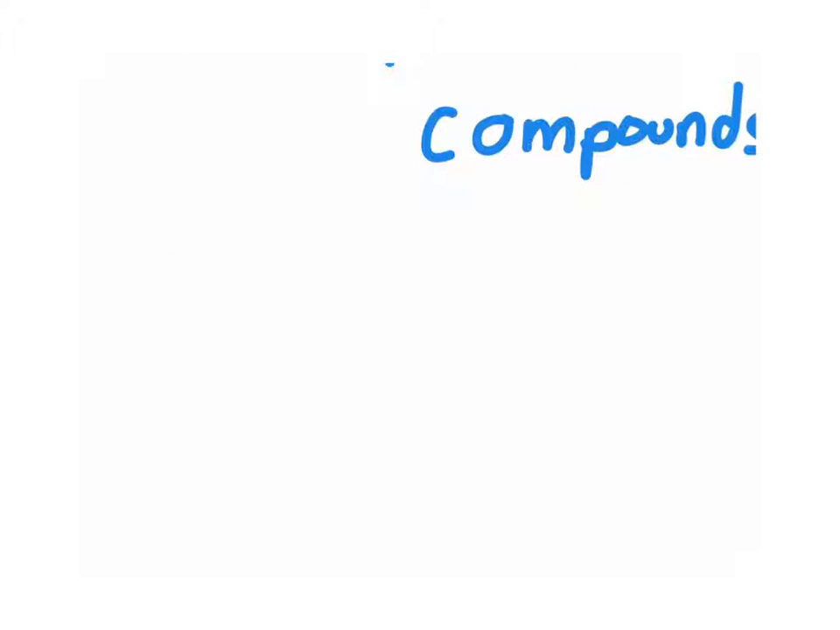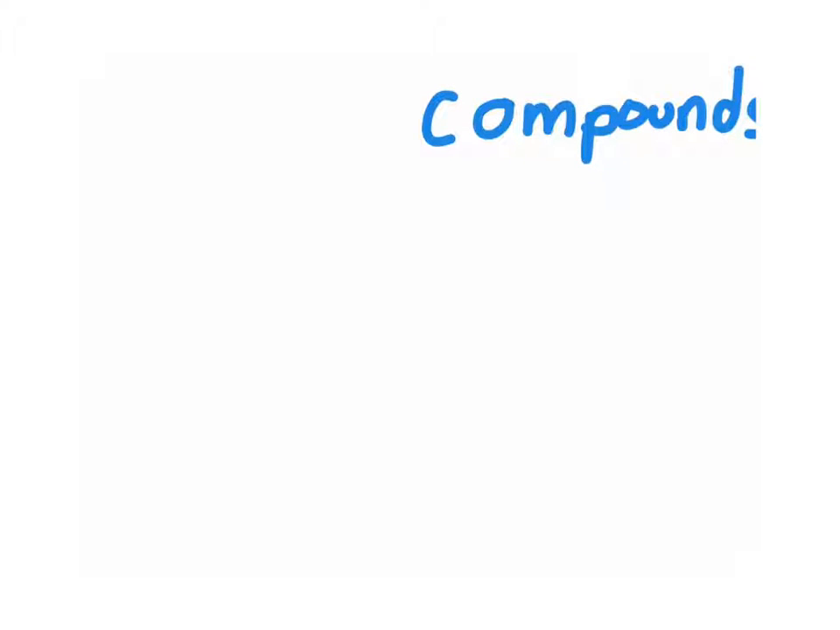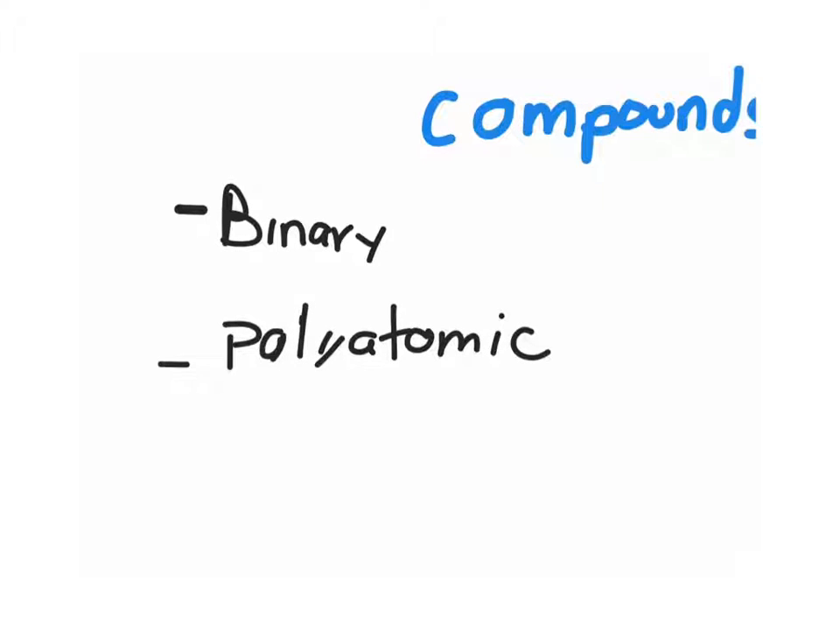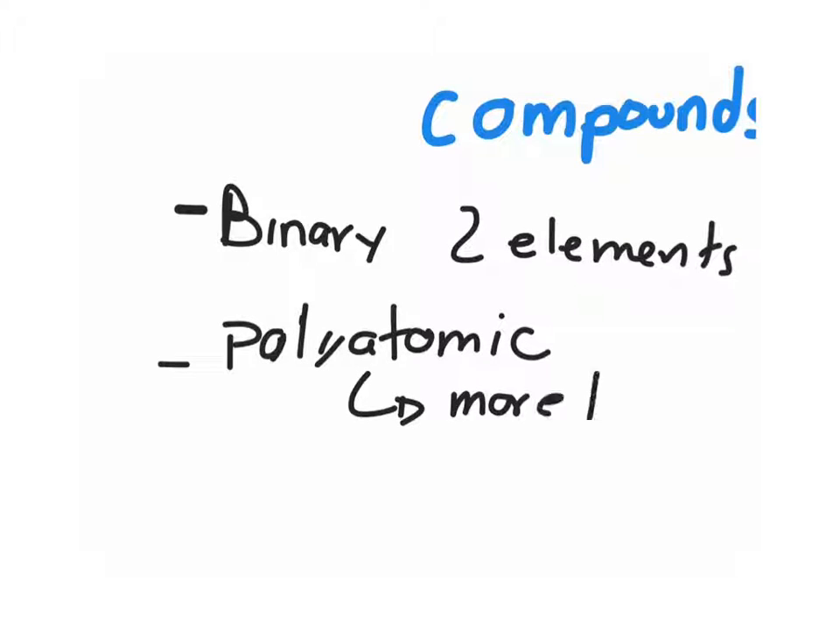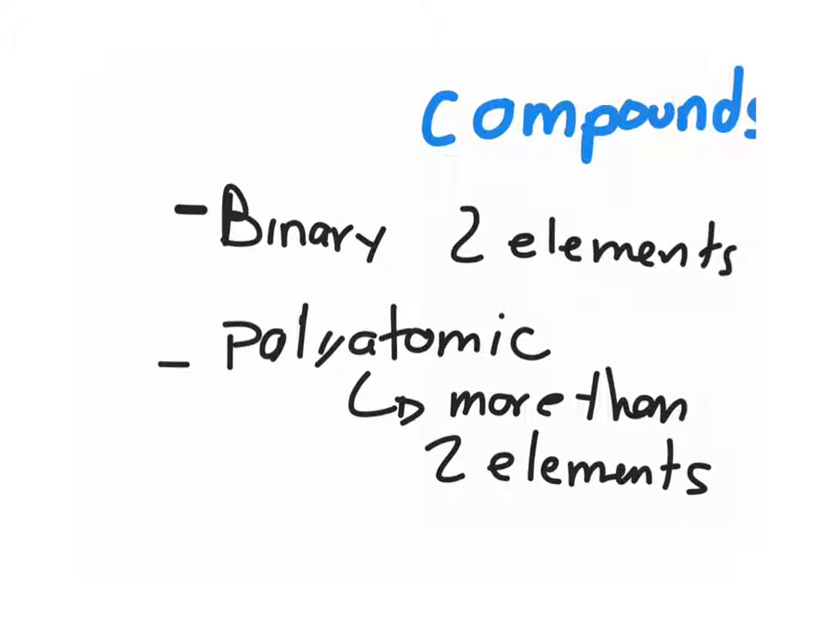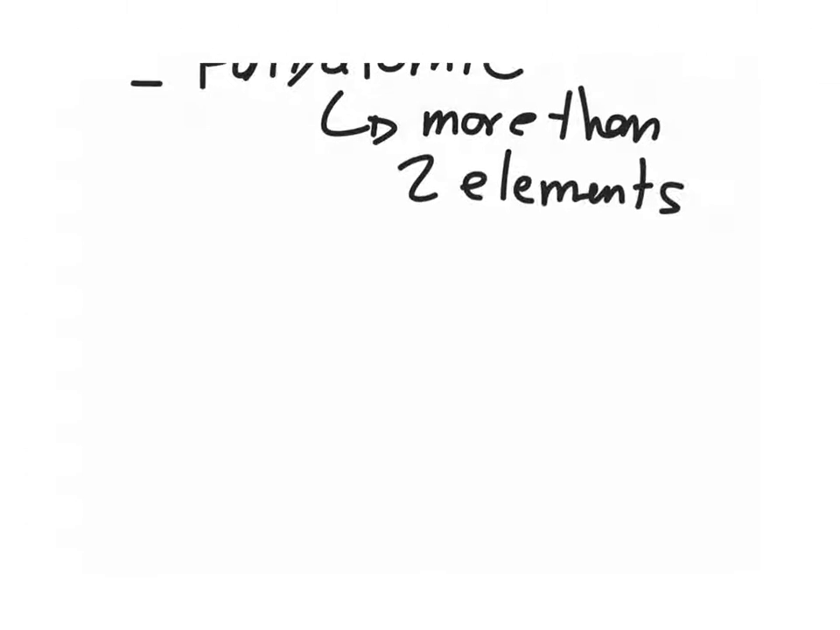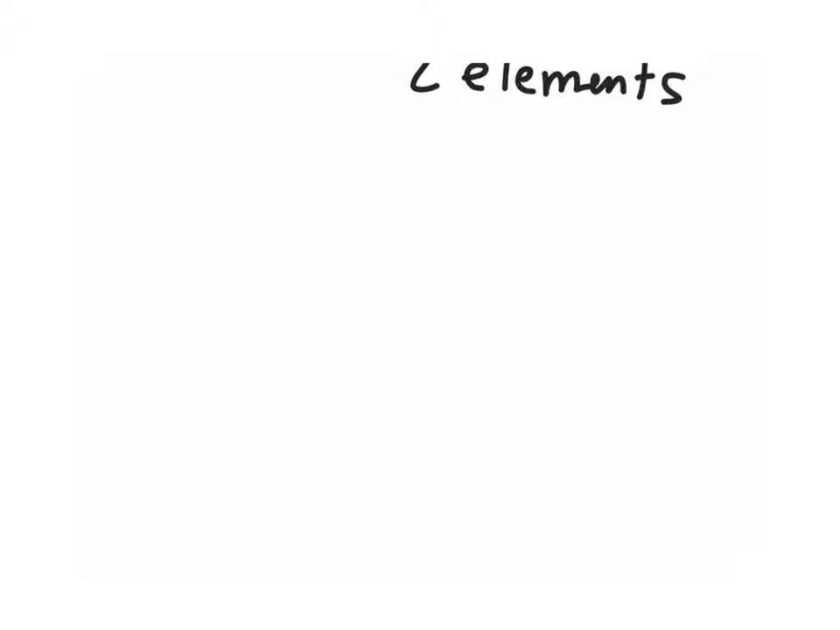First of all, I have to tell you what kind of ionic compounds we have. We have the ones called binary ionic compounds, and we have the polyatomic ionic compounds. Binary compounds are made of two elements, and the polyatomic ones have more than two elements. In this video I will talk about the binary ionic compounds,